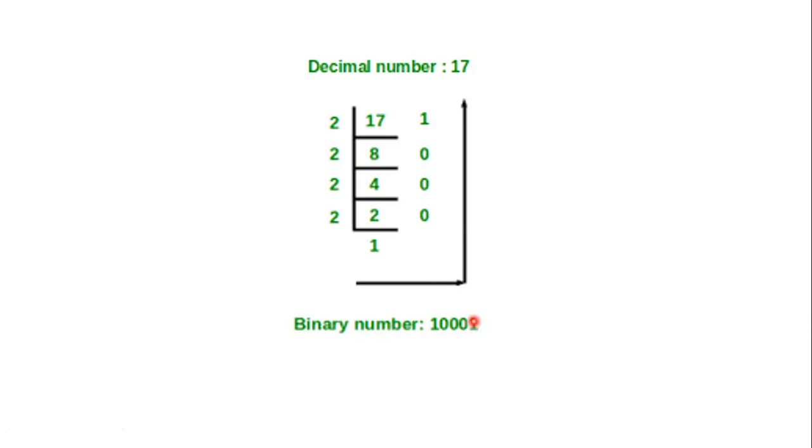Okay, so this will be 1 as it is. This will be 0 1 2 3 4, 2 raised to 4. So this is 16 and 1, 17. So that is my correct answer. This is how you convert from decimal to binary. You just keep dividing the number with 2 till you get the number 1.